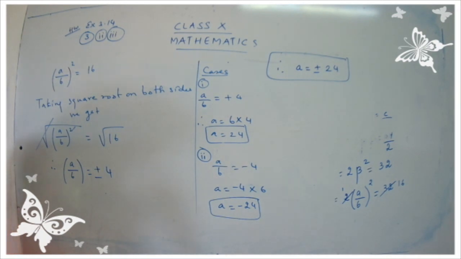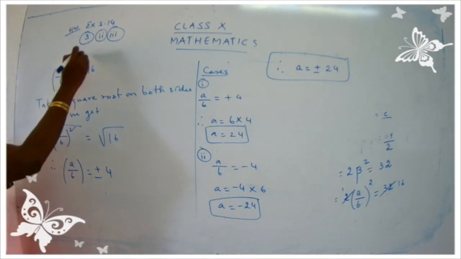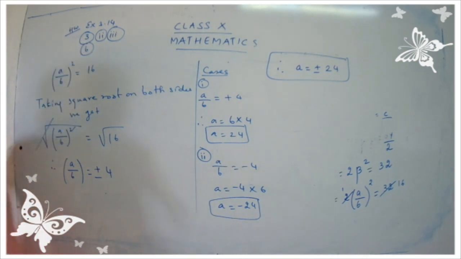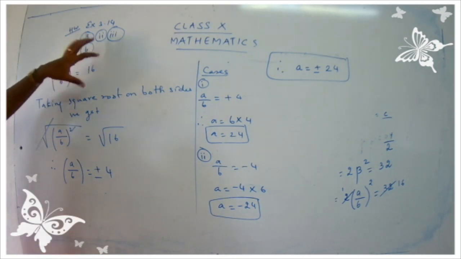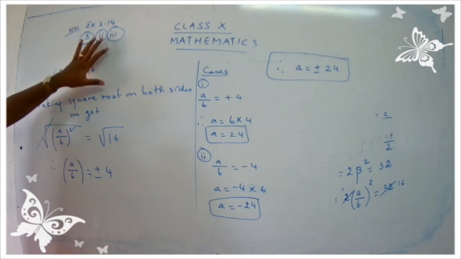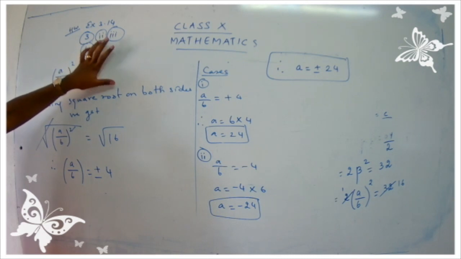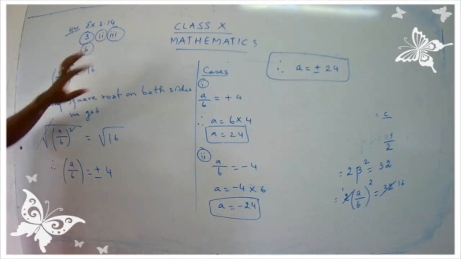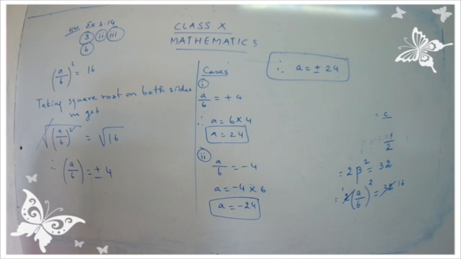Now we have one more sum left in this exercise, children. It is the 6th question. So you have to complete question number 6 as your homework. Only 3 questions for you, the first and the second. For the third subpart, the sums will be easy because already you have found the half part. The 6th is also an easy question. I'll just give you a hint how to follow your question number 6.